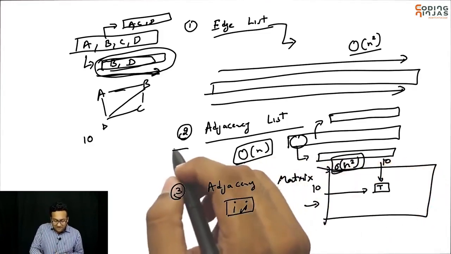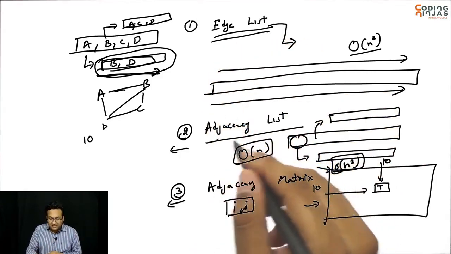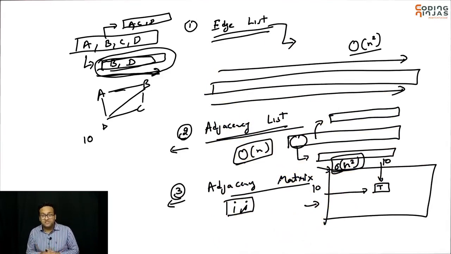Each of these implementations has its pluses and minuses, though edge list does not have a very good reason for us to go with it. Adjacency list and adjacency matrix have their own pluses and minuses, but because of ease of implementation, we'll be using adjacency matrix. Generally, even when you are giving a test or using it in competitive programming, most of the time you'll be using adjacency matrix because it's just very fast to implement. Okay, great. Now from the next session onwards, we'll actually start writing code and we'll be using adjacency matrix in the same. Thank you.